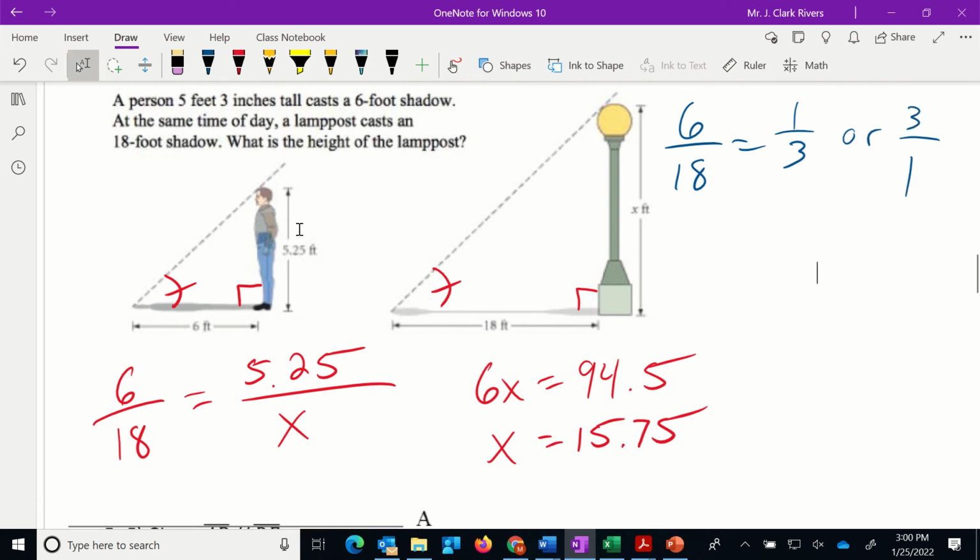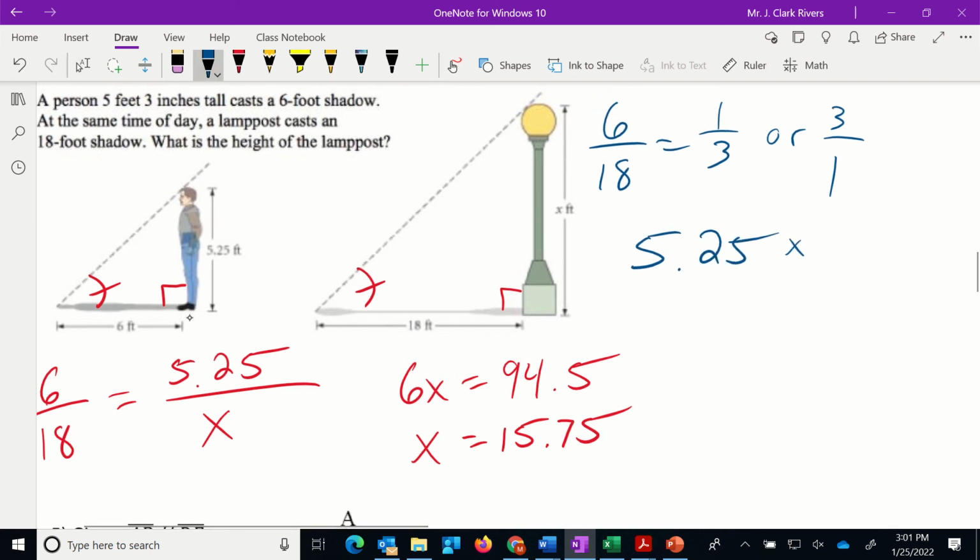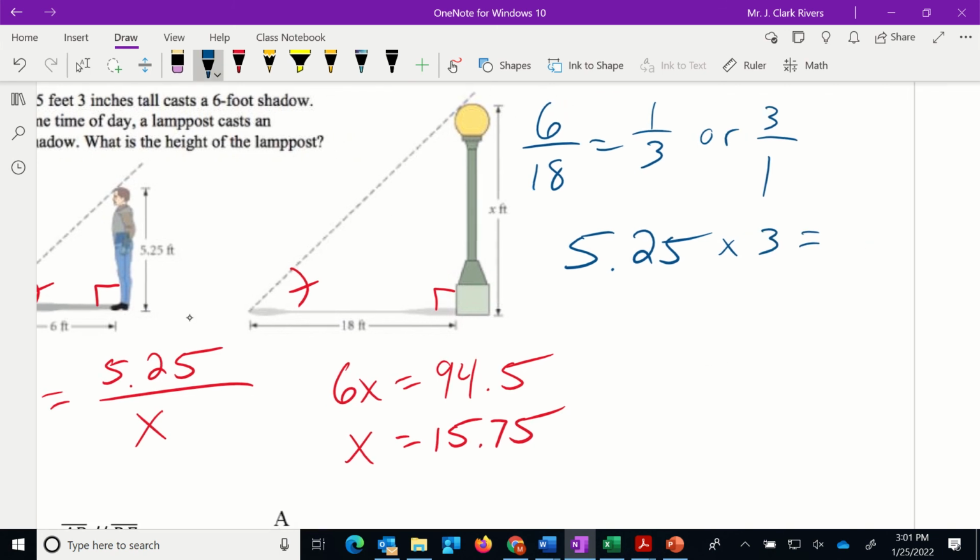So from 5.25, do we have to make 5.25 smaller or larger to get the height of the lamppost? Larger, right? Because the shadow for the person is smaller than the shadow for the lamppost, or the lamppost shadow is larger than the person's shadow. So we're going to take the person's height, which is 5.25 feet. We're going to multiply it by our similarity ratio, which is 3 over 1. If you multiply by 1/3, it would get smaller. 5.25 times 3 is